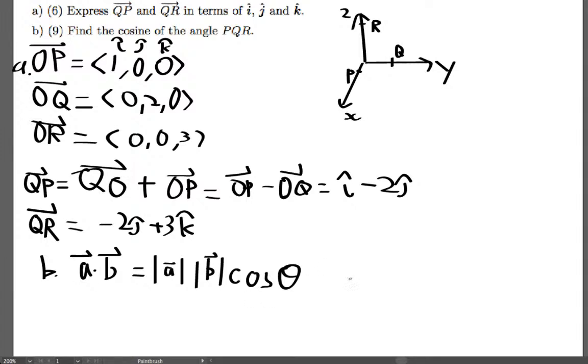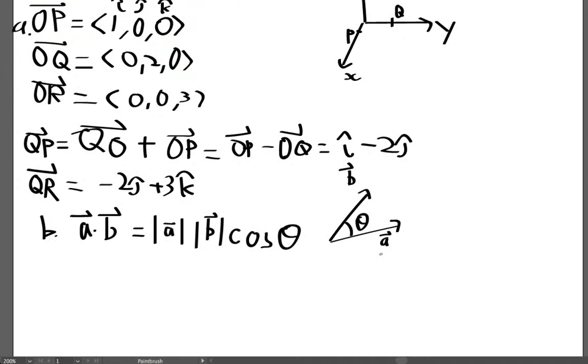So when you have vector A here, and then you have another vector here, let's call this vector B. This guy here is theta. All you need to do is figure this entire thing out, but we only need to find the cosine of theta here. So we could write this formula as cosine theta